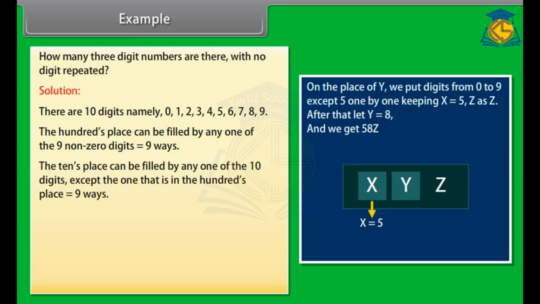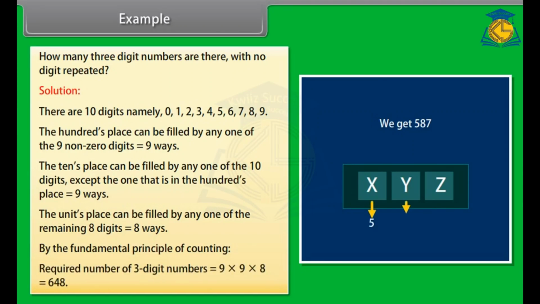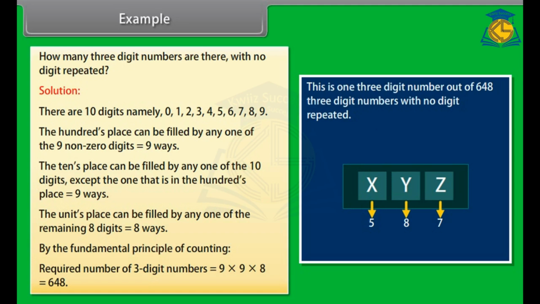The tens place can be filled by any one of the 10 digits except the one that is in the hundreds place, equal to 9 ways. The units place can be filled by any one of the remaining 8 digits, equal to 8 ways. By the fundamental principle of counting, required number of 3-digit numbers is equal to 9 into 9 into 8 is equal to